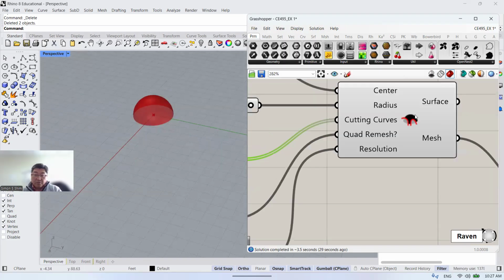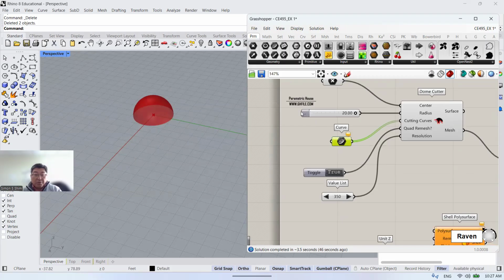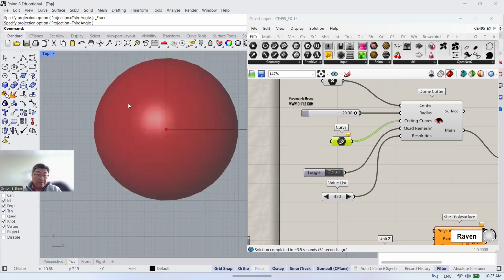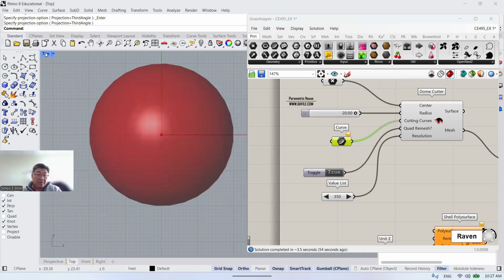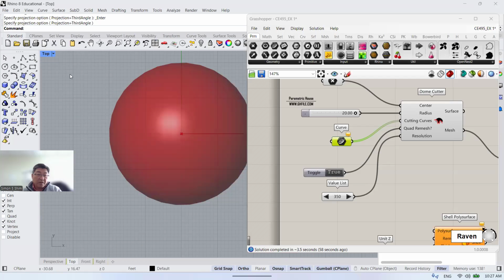In order to do that, we can define some curves. Somehow they project that curve on this dome and then trim it out. So if you're here, you could click this one and put it on the top view. It's a plan view, right? If you click top, double click and you select the top view,